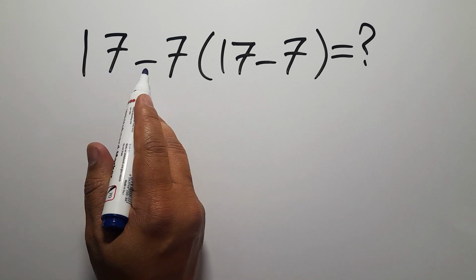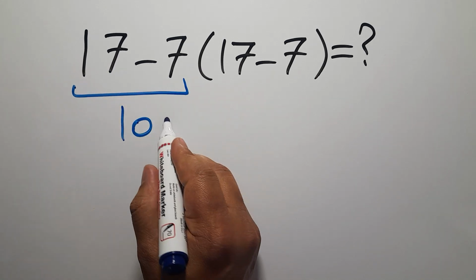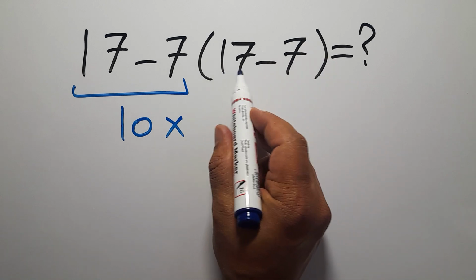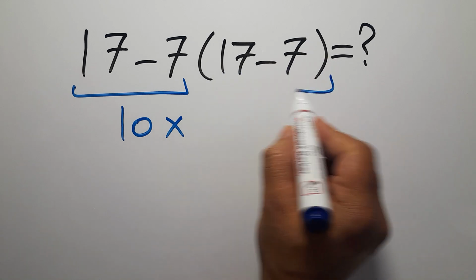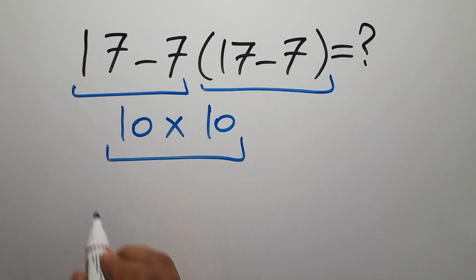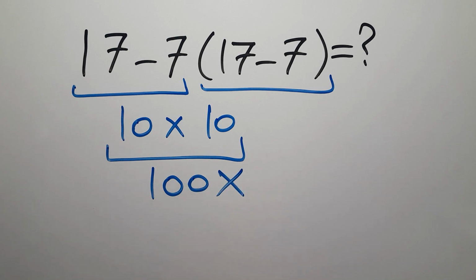Here we have 17 minus 7, which gives us just 10. And 10 times this parenthesis. Inside this parenthesis, we have 17 minus 7, which equals 10. So 10 times 10, which gives us 100. But this answer is not correct,